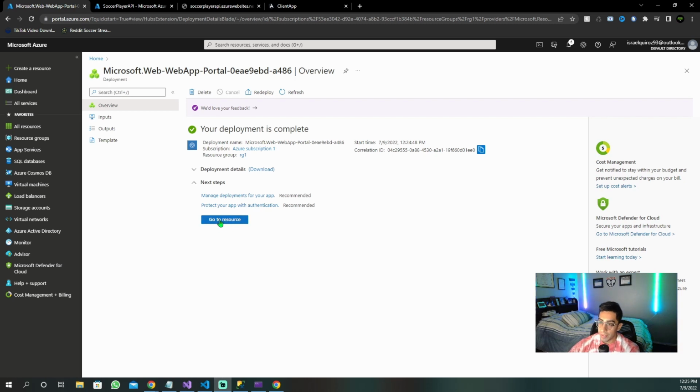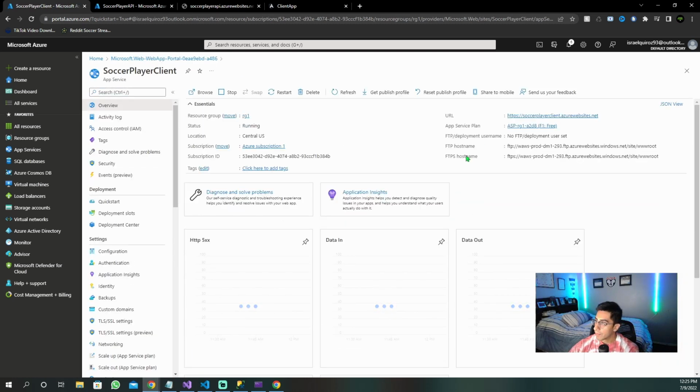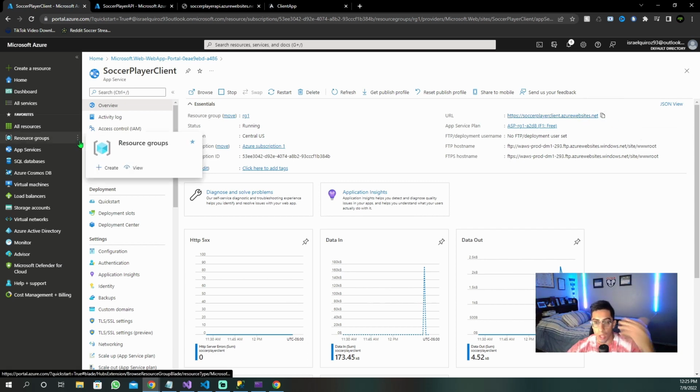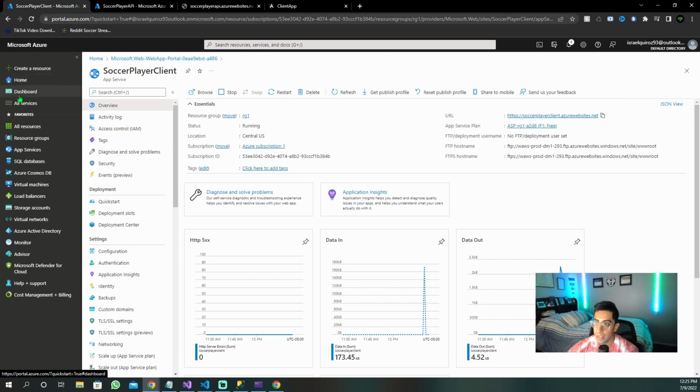Okay, so our deployment is complete. We're going to go to the resource. We see that we got this new URL right here. Since I mentioned earlier that CORS would block another origin that's not in the list, let's go and actually